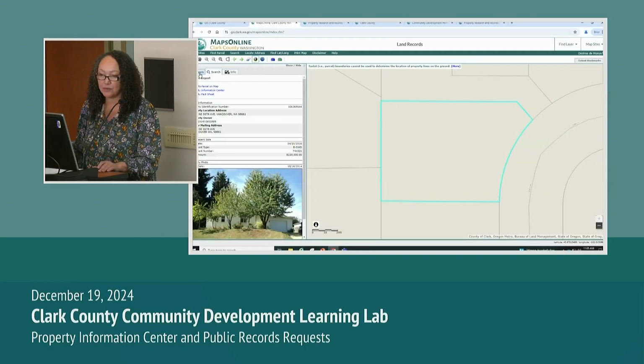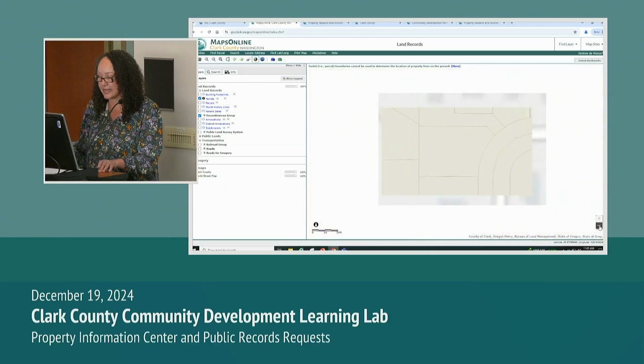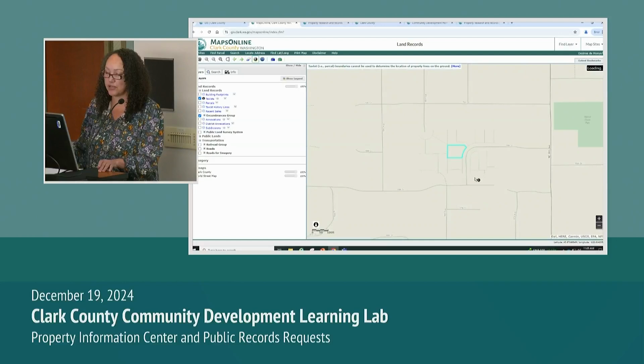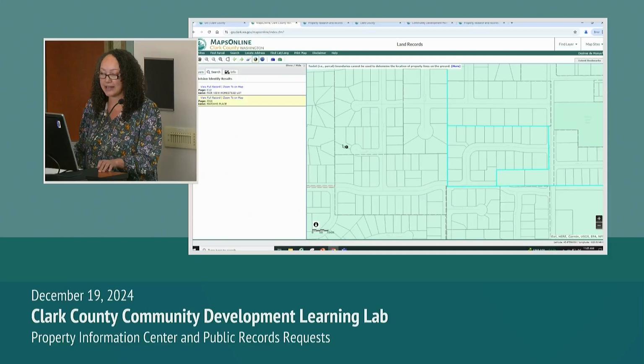So right now, we're going to look on the Layers tab to look at different layers, and in this case, the information icon for tax lot is selected. But perhaps I'm interested in seeing the subdivision that my property is in. So I'm scrolling out a little bit to get a better view, and then I'm going to click on the Subdivisions layer to turn that layer on, and the information icon to get information about the subdivision. Then I'll click on my parcel,